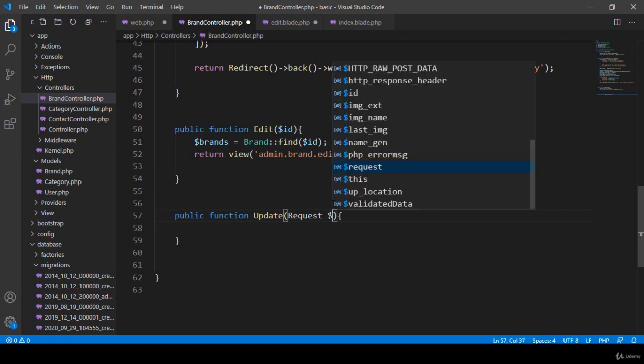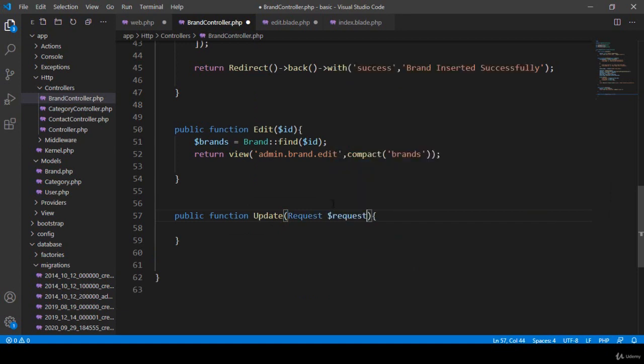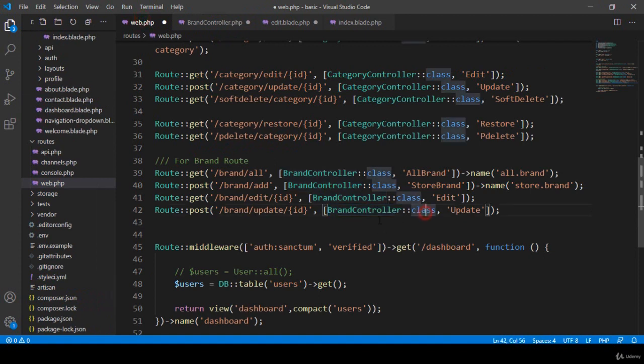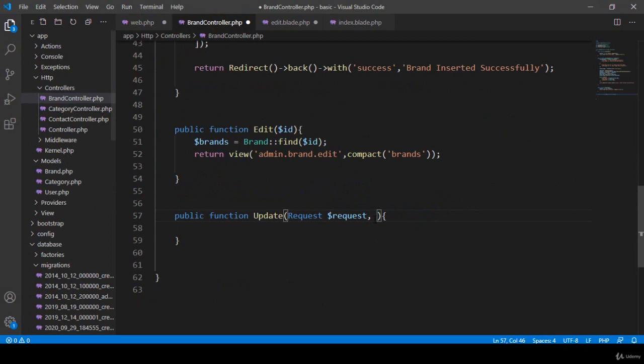and the $request. So that is pretty much the same format, and also they have one ID. Because here you can see they have also one ID. We have to also add our requested ID. So that will be our requested ID. So now I simply add it in that particular area. Perfect. And after that, if you want to add some validation, you can add that validation, and everything